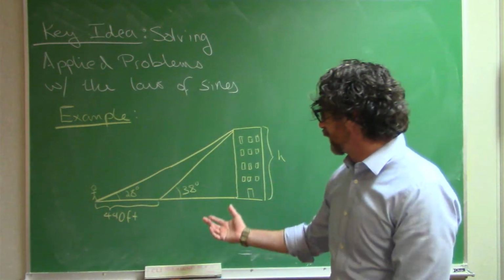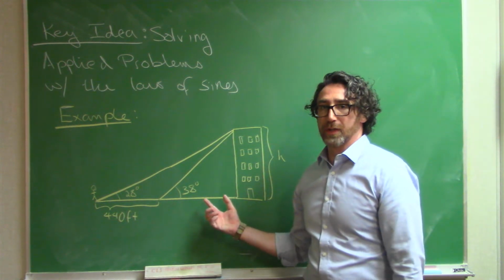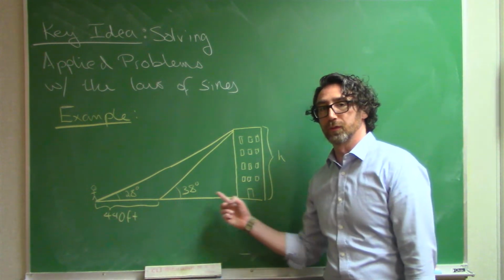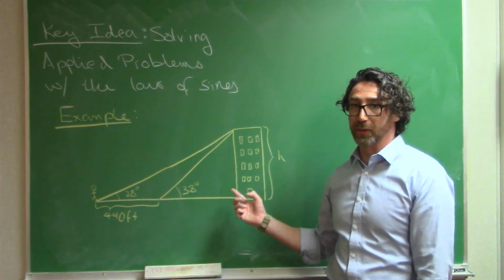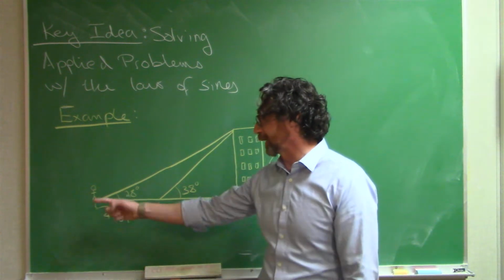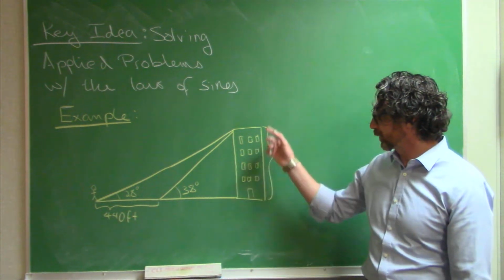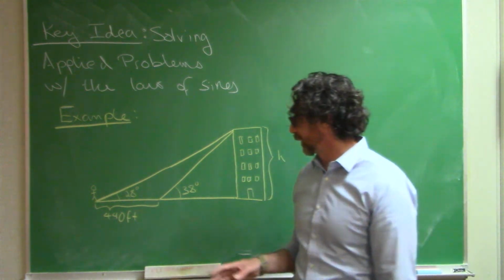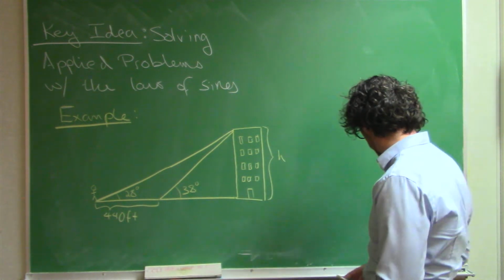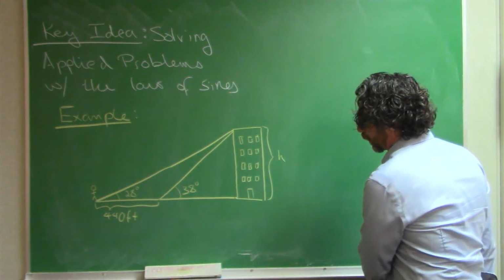So we could imagine maybe there's a highway here or something like that that they can't get across to measure the distance to the building, but they could go back and measure that. They still want to know how high the building is. Okay, so a couple of things. I want to point out that